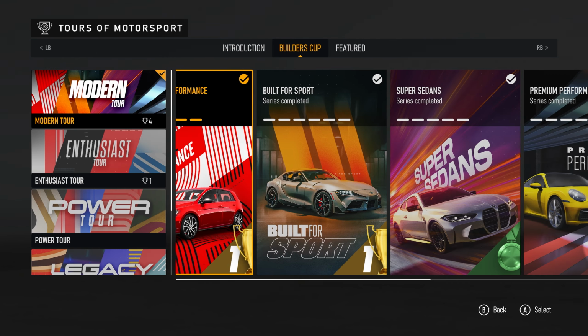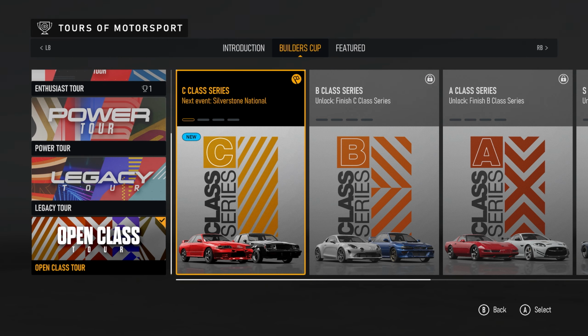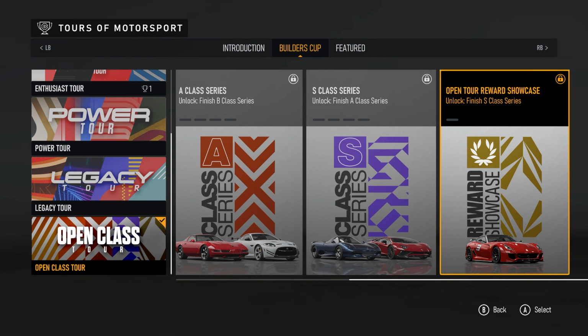And the reward is the Pagani Zonda Cinque, which again is new to this game but not to Forza. Then over in the Standard Builders Cup, if we go to the Open Tour, this is all pretty much as you'd expect. You've got C, V, A, and S, and the prize is the Ferrari 599XX, which again